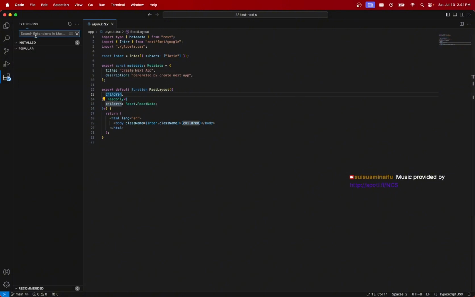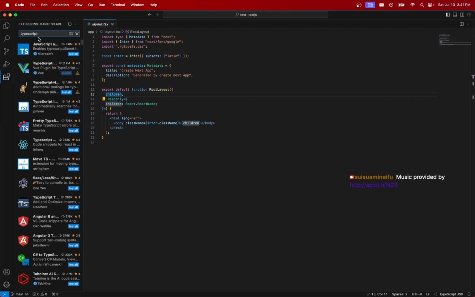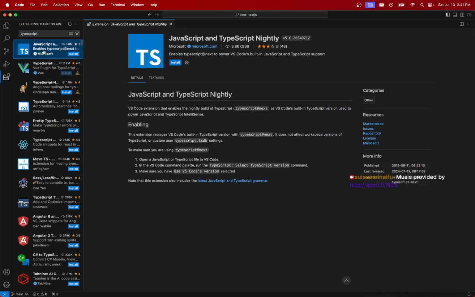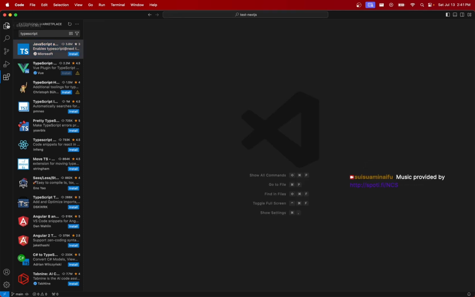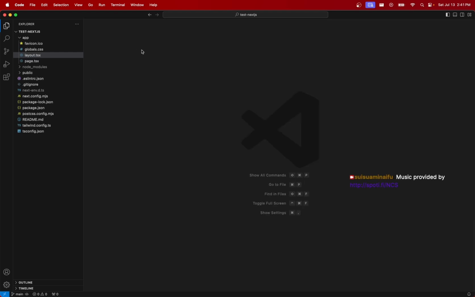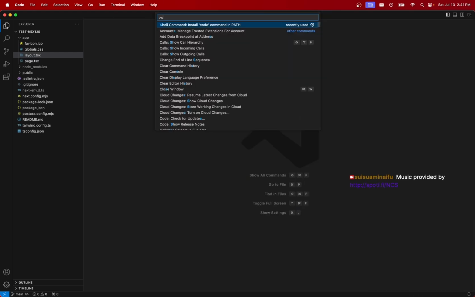Okay, so let's go to extensions first, and let me double check. I believe we do not have to install any TypeScript related extensions these days. Yeah, it just seems to be working fine right away. That's nice. See the types being inherited here. Now, yep, so I guess this is fine. We'll just close this first, and we are going to open our